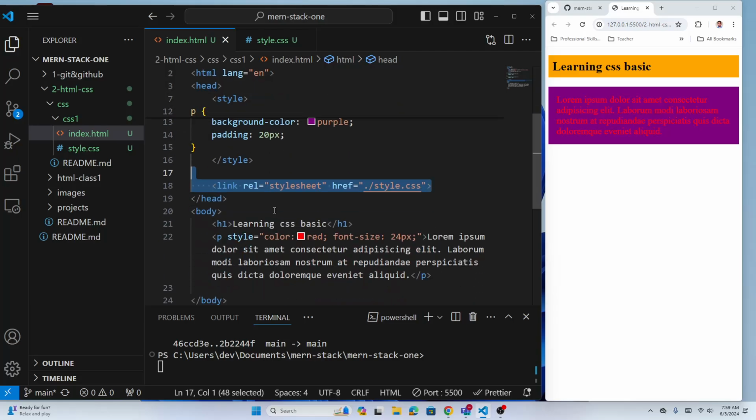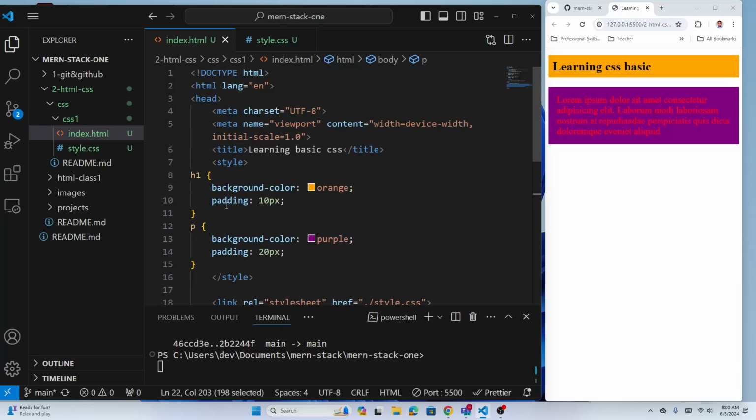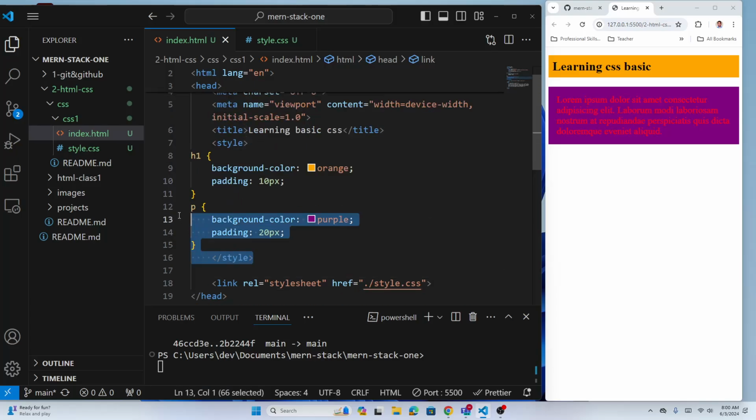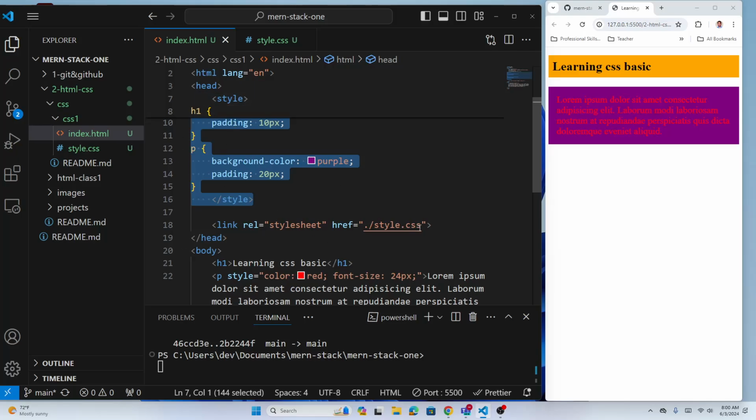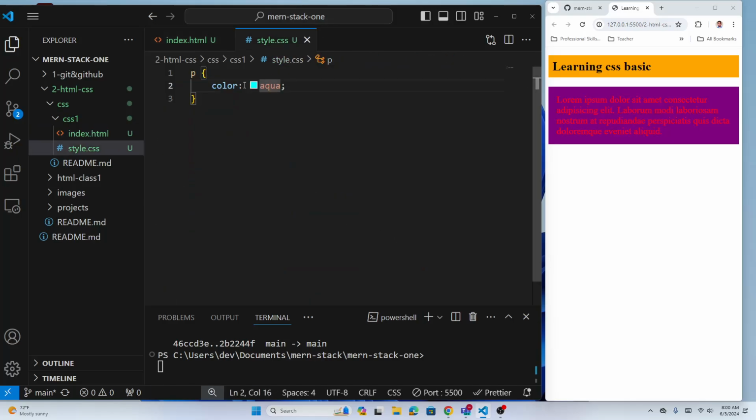The first thing is inline has a higher precedence because here is already red. Red will always be there, right? Okay. The next is, see, style, right? This is the style, but this style is on the top. Okay. After this style, we have link, right? So for example, I have padding 20 here for this paragraph, or maybe background color, right? Let's say background color is here in the style tag, okay, purple. If I go back here and I will say background color